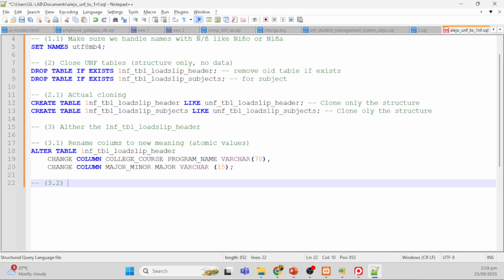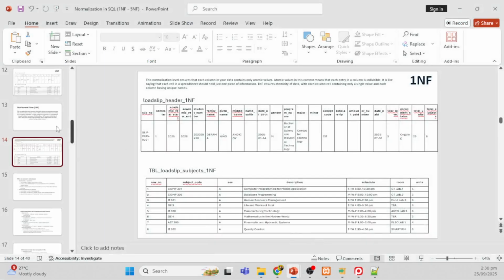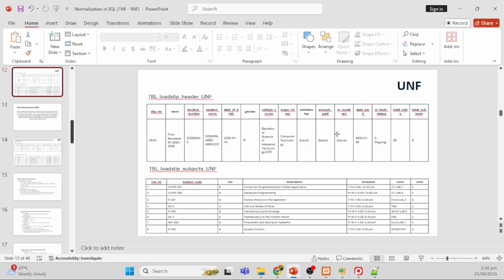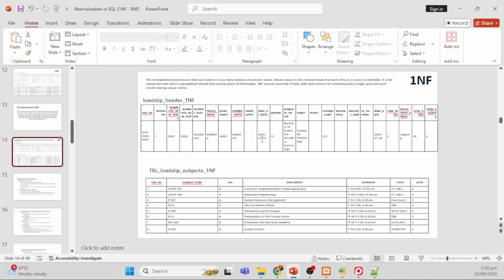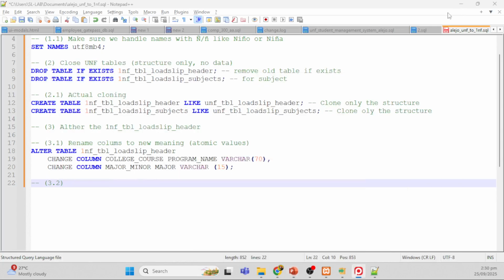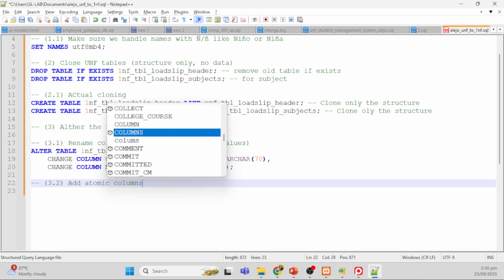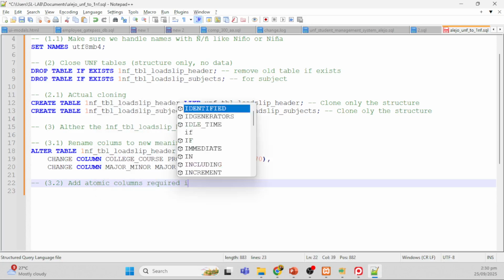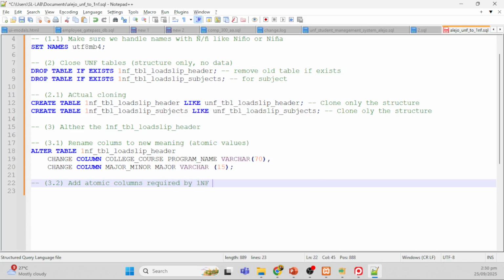we are going to add columns from here that we don't have added here. So what are not in the previous one, we will be adding on the first normal form. So still the same, we will still have an alter table. The same thing. Sorry, the comment will be add atomic columns required in 1NF. Okay, so the same